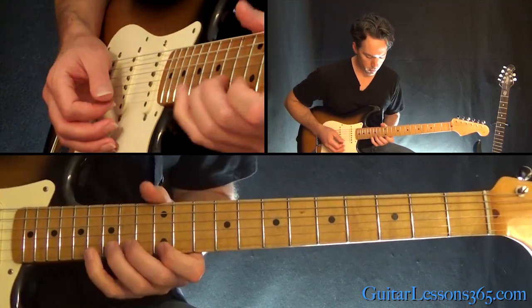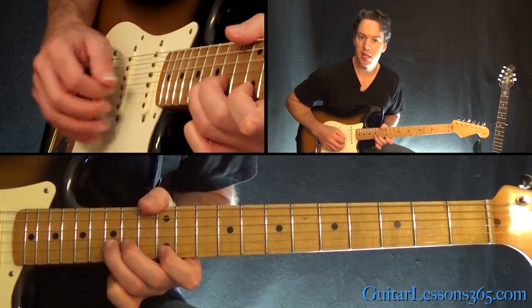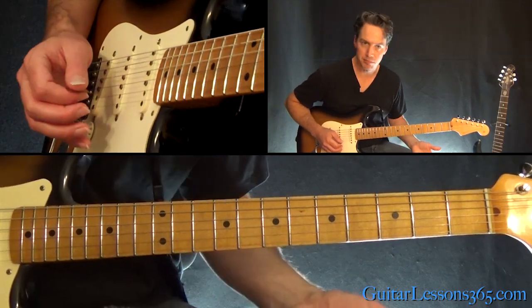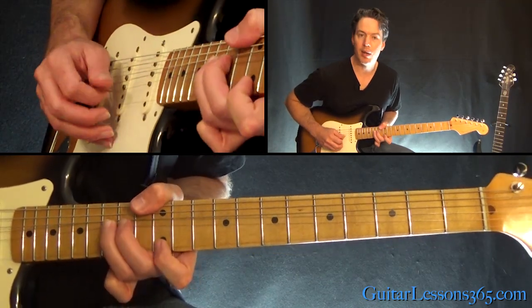All right, so let me just show you this unison bend concept real quick. We're going to be at the 12th fret on the high E, and then 15 on the B. You can pick those together, and when you bend the 15th fret up a whole step, it matches in pitch, so it becomes a unison bend. So what he's doing is he's doing the bend, and while he's holding that,